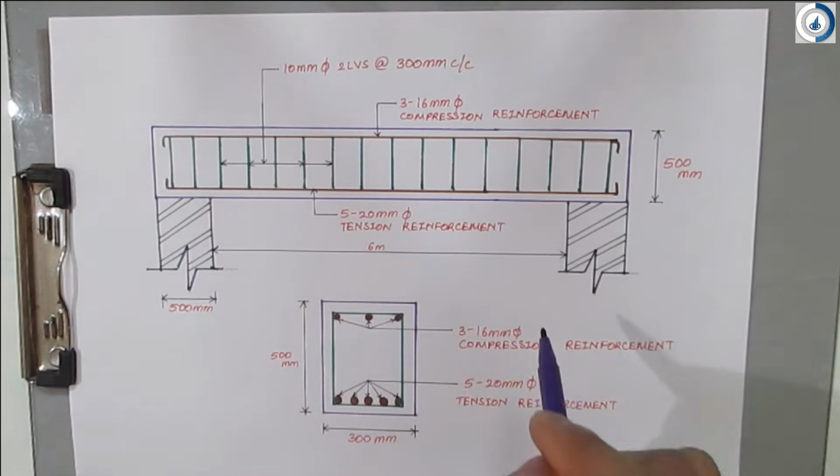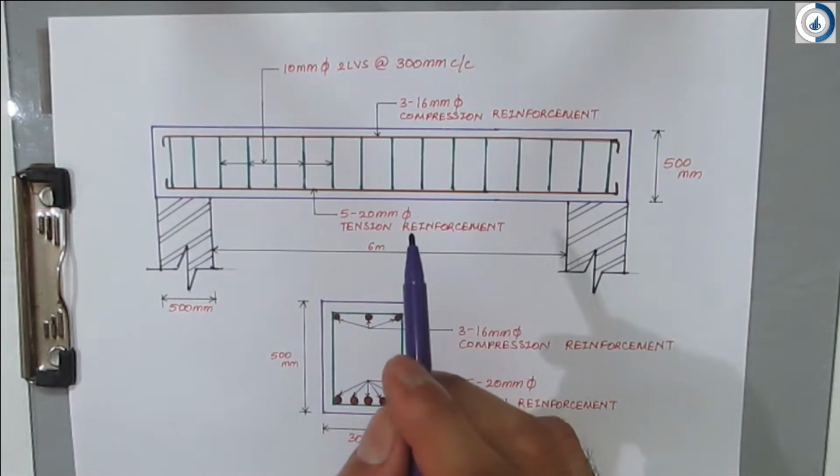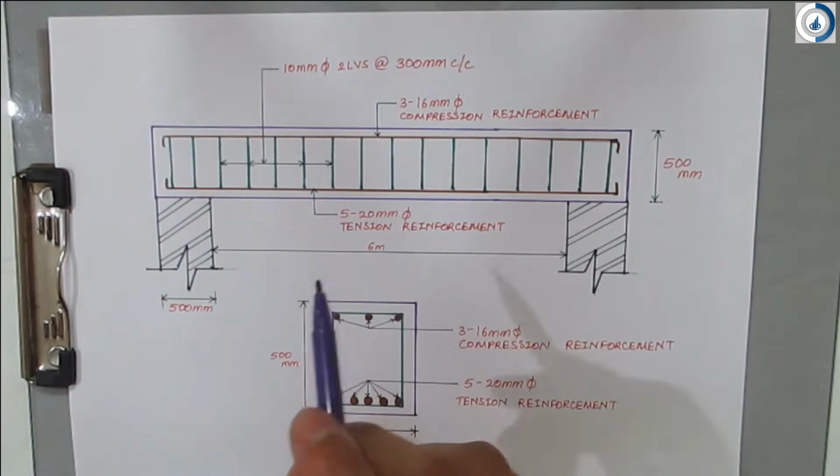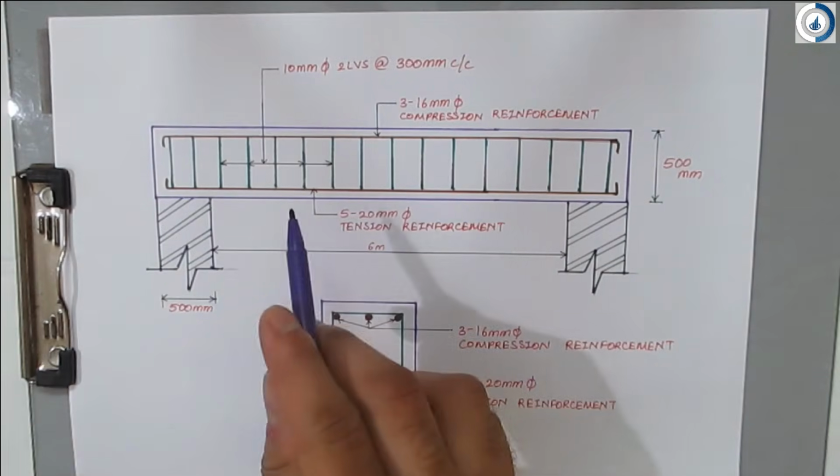So this was just a simple problem. I have not made it complicated, and also I have not shown here the development length and the curtailment of bars. For that particular thing, I am planning a detailed video. In that I will show you how to curtail the bars and the development length we have to provide. So this is now the simple design. We have ended at the design for shear, and this is the drawing.